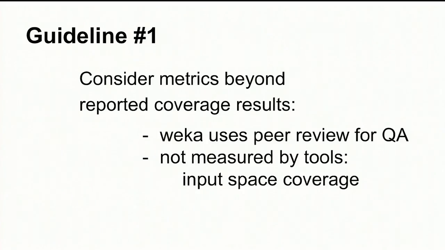So Weka has very low coverage, but then you look at what Weka is doing, for instance, and the way you commit something to Weka and you get it included in the main distribution is you write a paper. It's a machine learning toolkit, so you have machine learning algorithms, and the way you get a new algorithm into this toolkit is you publish a peer-reviewed paper about your algorithm. So in some sense, the software is not validated using testing, it's validated using peer review. So that's another way of ensuring software quality.